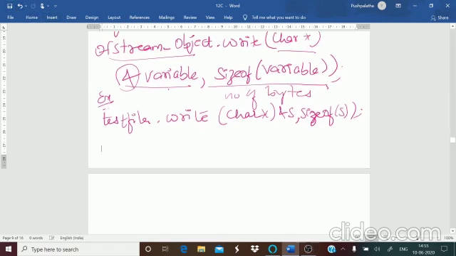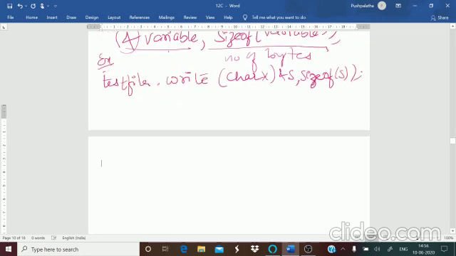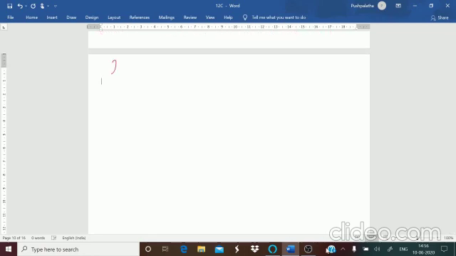In the same way, if you want to read the data from your binary file, then you make use of the read function. It can be used with the ifstream object, and it is used for reading the data in binary form from the file. And the syntax of this: